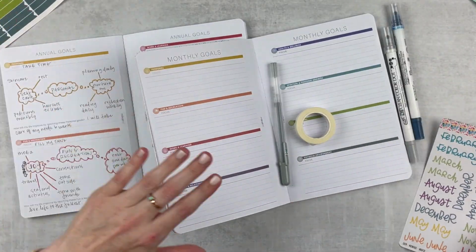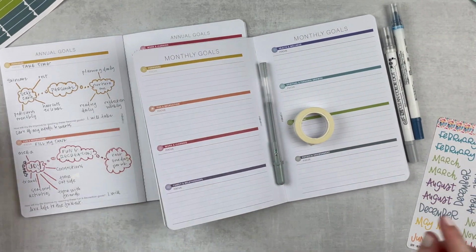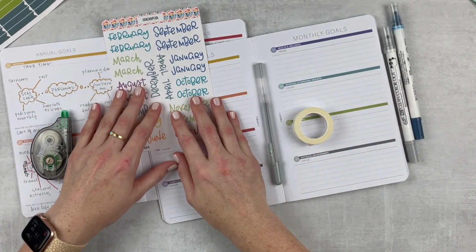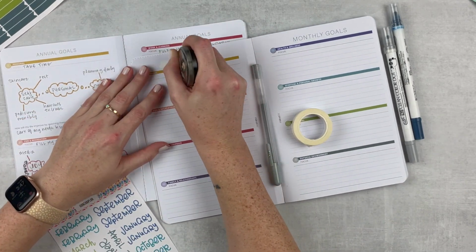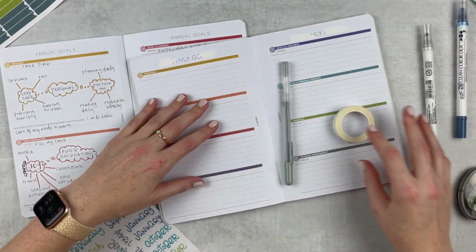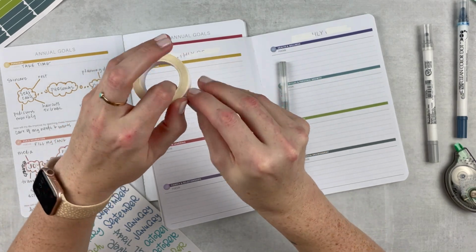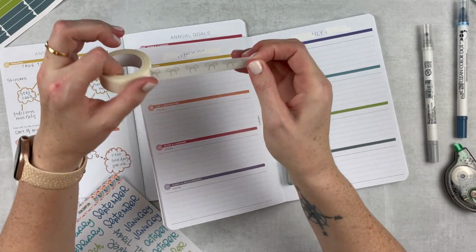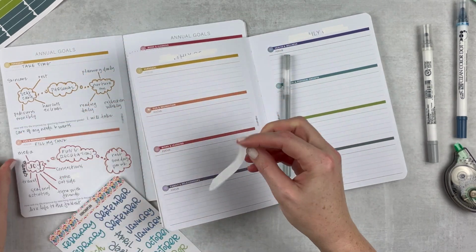Okay, so I'm going to start by putting some washi across this, but I am going to white out just a little bit of this because January doesn't fill up the whole space. So I'm just going to white out the first part and the end part of January, and then I'm going to lay down some washi. So this one is from Simply Gilded. It's just really pretty and pretty neutral. Like, I couldn't find anything that I really liked to put behind the sticker, so I'm just going to put this in right there in the middle,